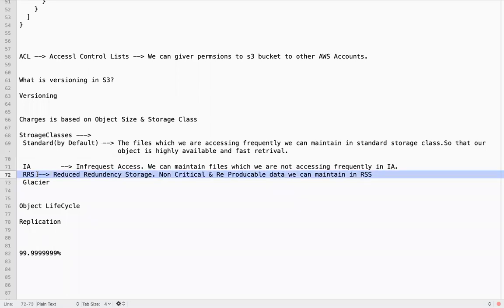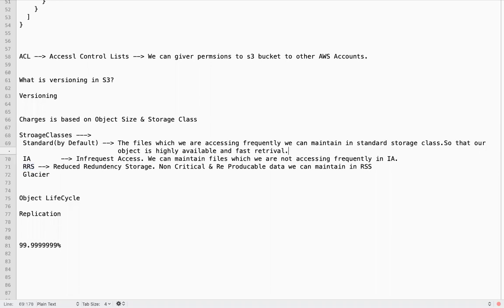The charges are very less. The standard charges will be very high. RRS has less charges. If you feel your data is not critical and you should be able to reproduce it even if lost, then you can maintain in RRS. They are giving all the options so that based on your requirement and your data, you can maintain data in these storage classes.